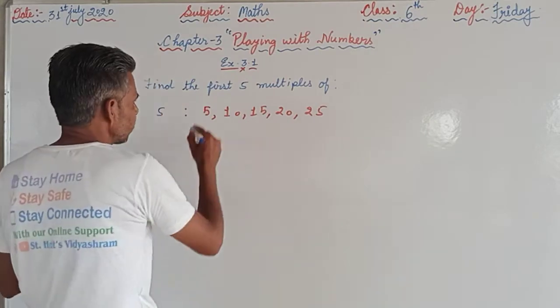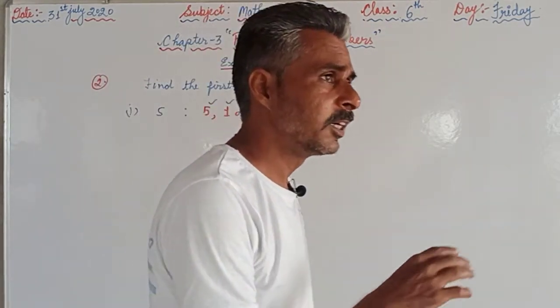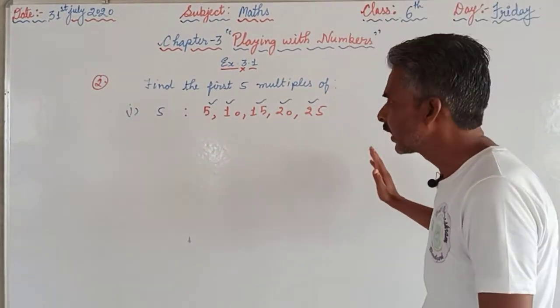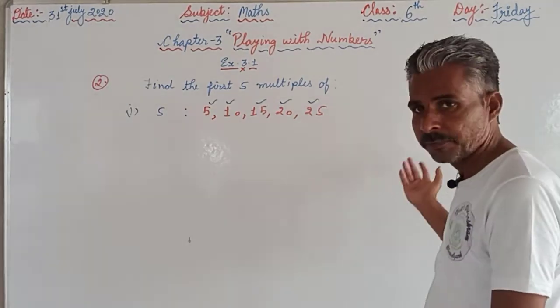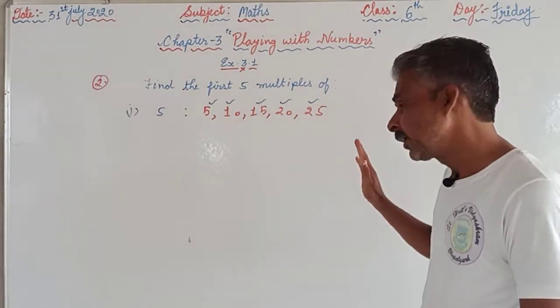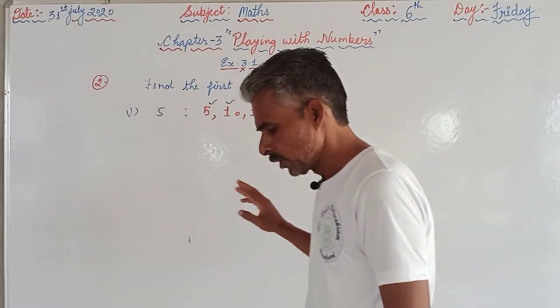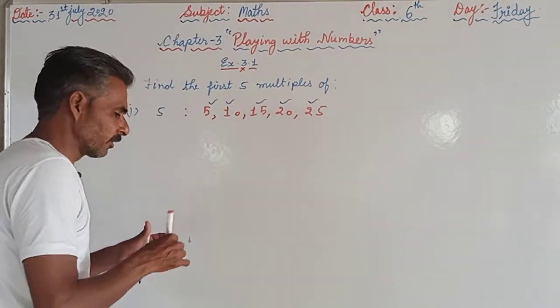How many multiples are there? 1 2 3 4 5. Multiples can be endless. हम मल्टीप्लाई करते रहेंगे, मल्टीपल्स निकालते रहेंगे. 5 6s are 30, 35, 40, 45, 50. टेबल ख़त्म हो गया, but we can continue 55, 60, 65, 70. So there can be an infinite number of multiples of a given number.